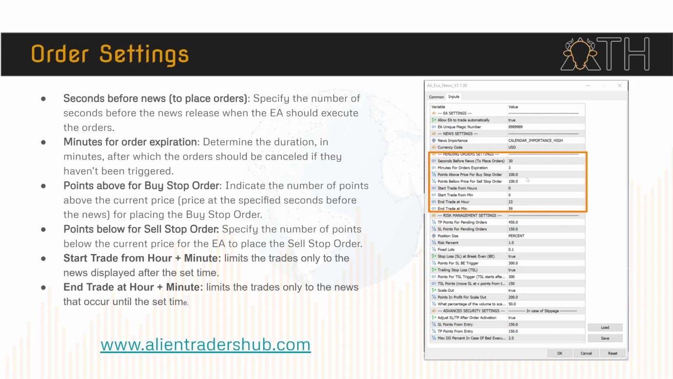Indicate the number of points above the current price for placing buy stop, and right here below the current price for sell stop order. Start trade from hour plus minute limits the trades only to the news displayed after the set time. End trade at hour plus minute limits the trades only to the news that occur until the set